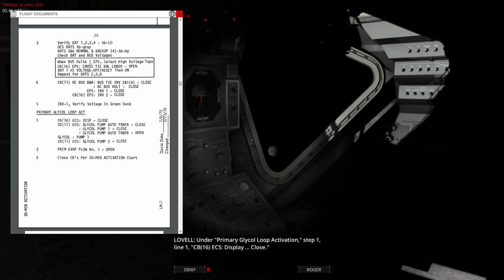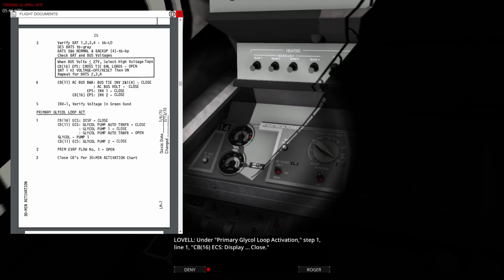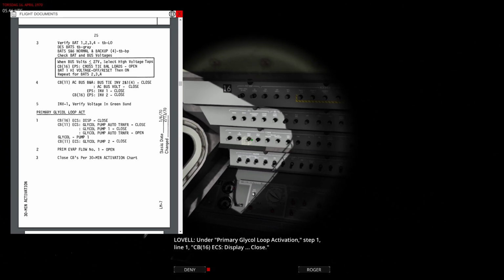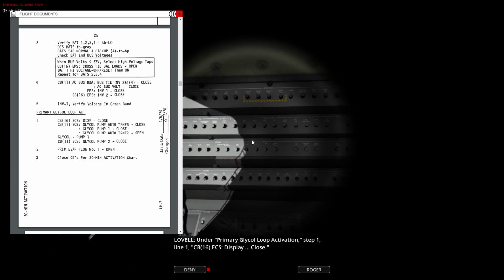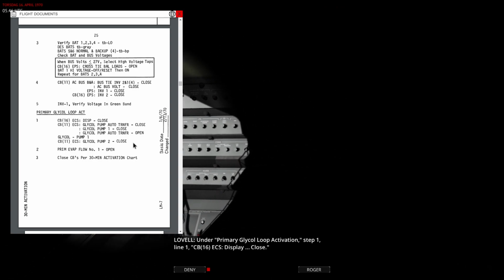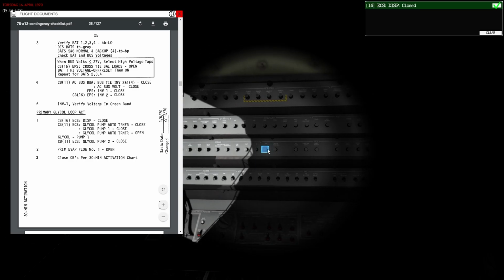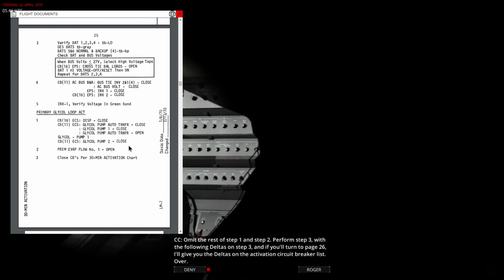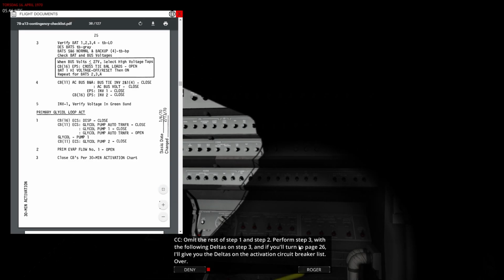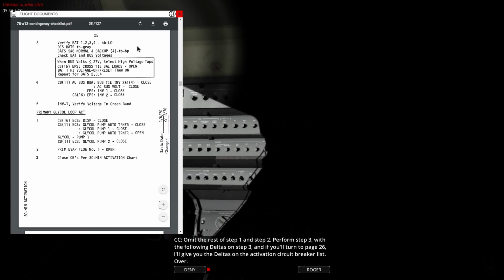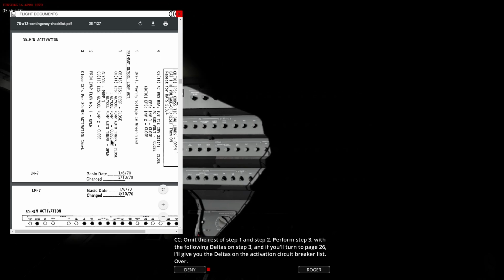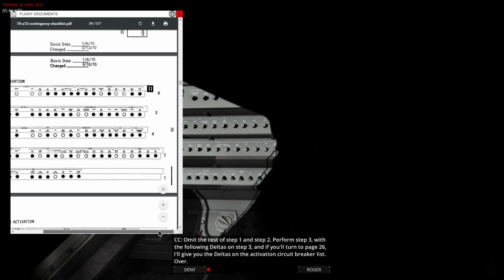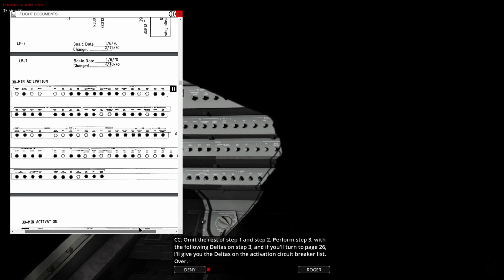Under primary glycol loop activation, step 1, line 1, CB16 ECS display close. Omit the rest of step 1 and step 2. Perform step 3 with the following deltas on step 3, and if you'll turn to page 26, I'll give you the deltas on the activation circuit